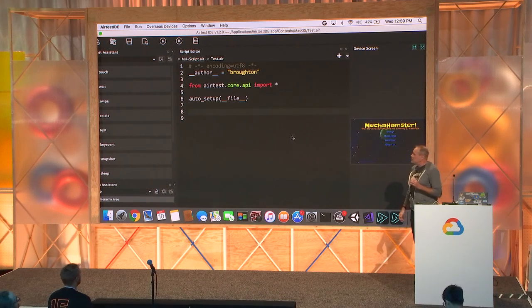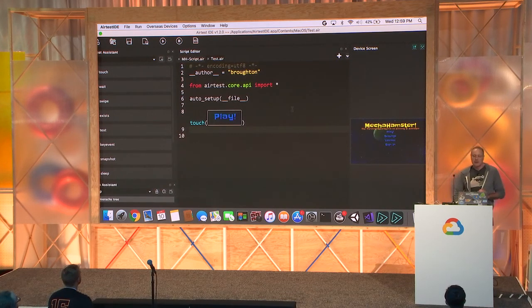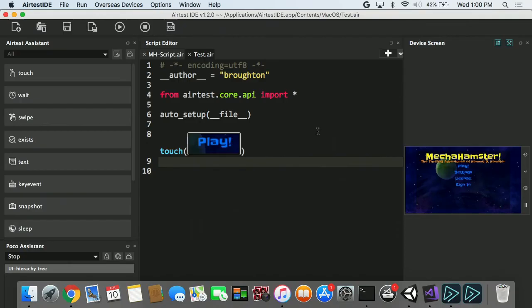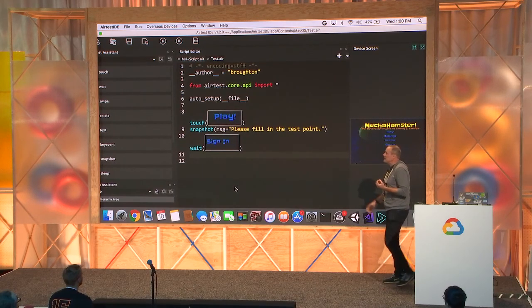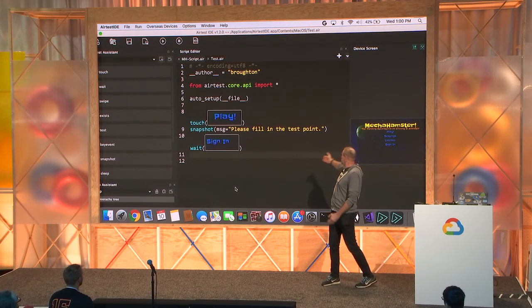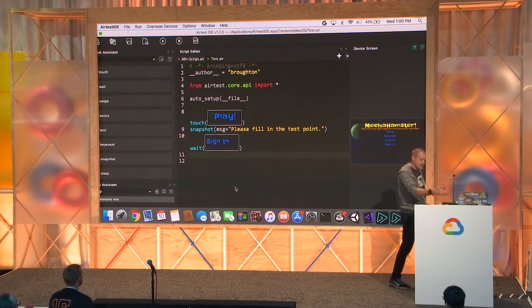So what I'm going to do is show you how easy it is to build up a script. So I can, for instance, say I want to touch this area of the screen. And we're going to use AirTest here. And it will now attempt to recognize that image and click on it. And then I can say, well, I want to wait for something to appear. So I'll select another part here. So as you can see, I'm building up a script by interacting with my game that I can then test across this device running locally,